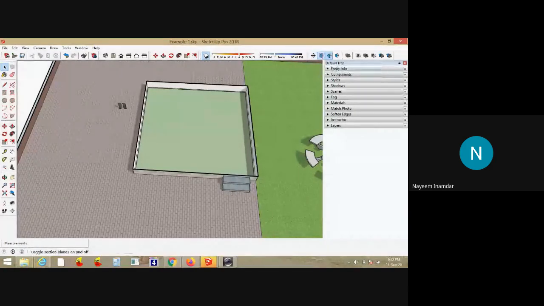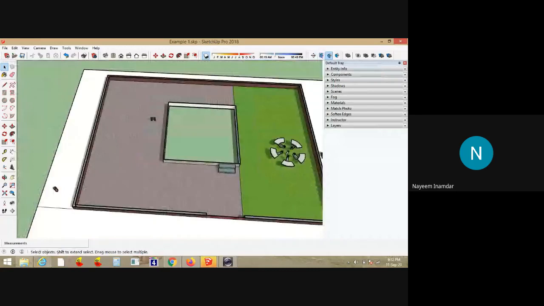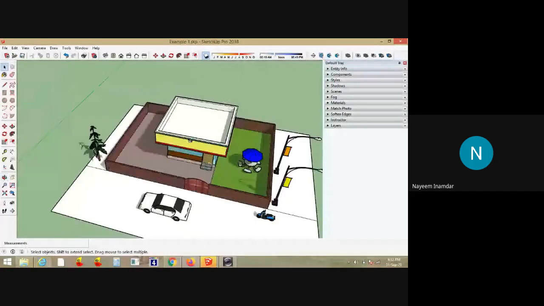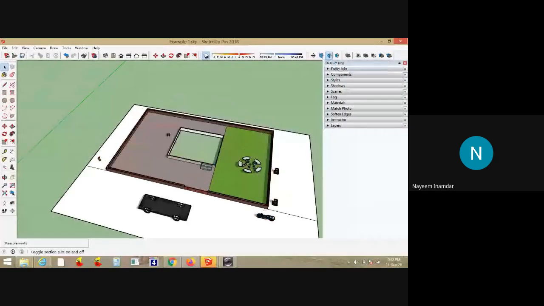Just let me display the section plane. So this will display the whole thing. Here there are four menus. One is section plane. The second one is display section planes. The third one is display section cuts, so where you have cut, you have the cut for this particular 3D model. Then display section fill is there. So this will directly fill everything that you have cut.